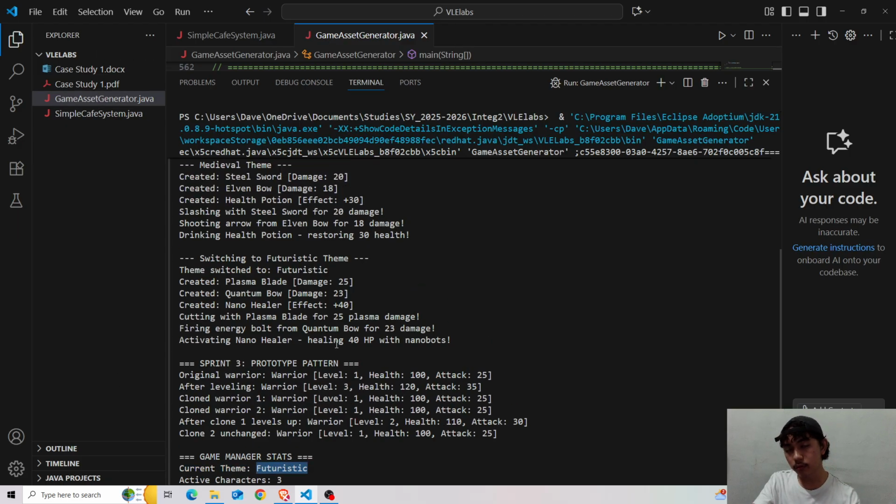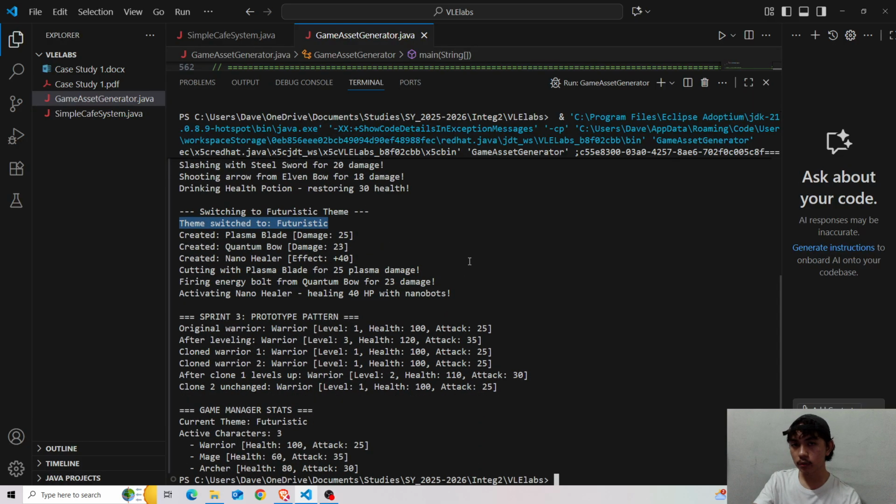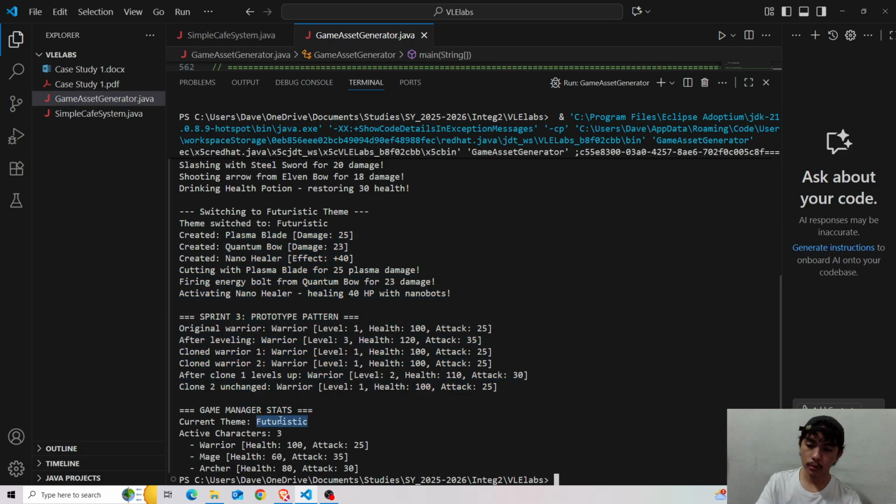It's currently futuristic, since we haven't switched from futuristic to medieval from this point onwards. So it's currently futuristic still. Then we have active characters of 3: warrior, mage, and archer.